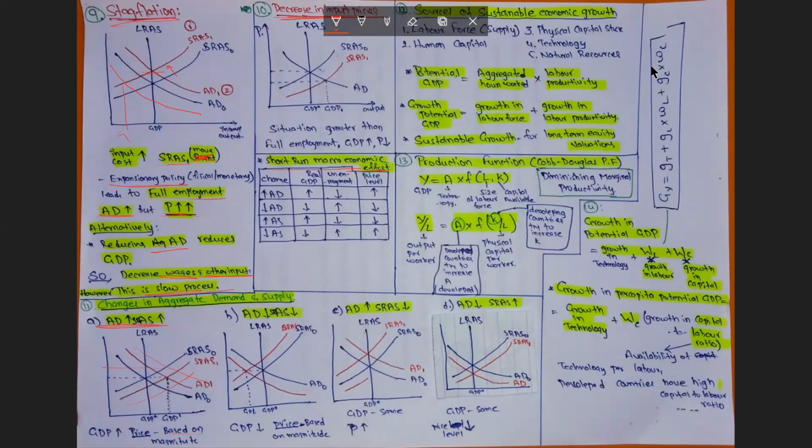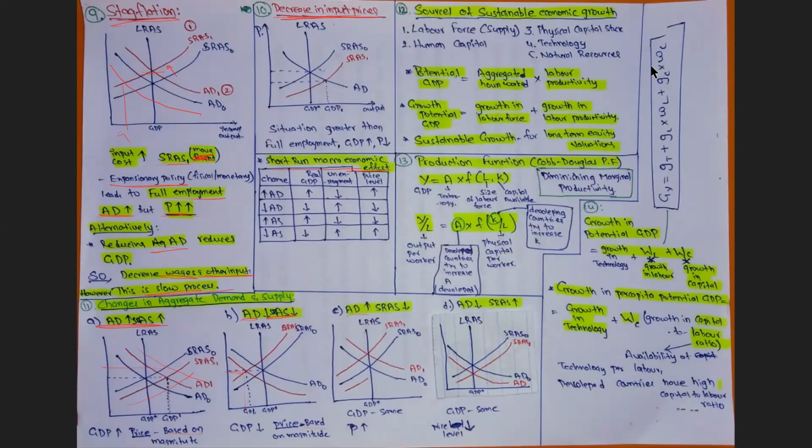So aggregate demand decreases and aggregate supply decreases. So the demand curve shifts leftwards and the aggregate supply curve shifts leftwards. This results in a decrease in GDP, and the price level depends upon the magnitude, that is, which of supply or aggregate demand moves more will have an impact on the price.